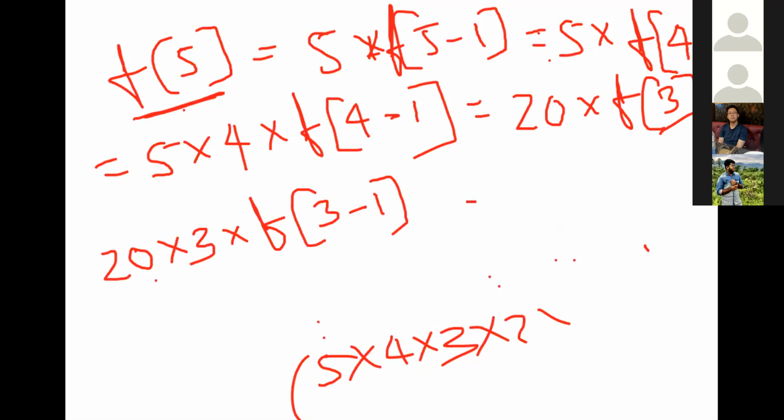Likewise, it will go to 120 into f of 1.